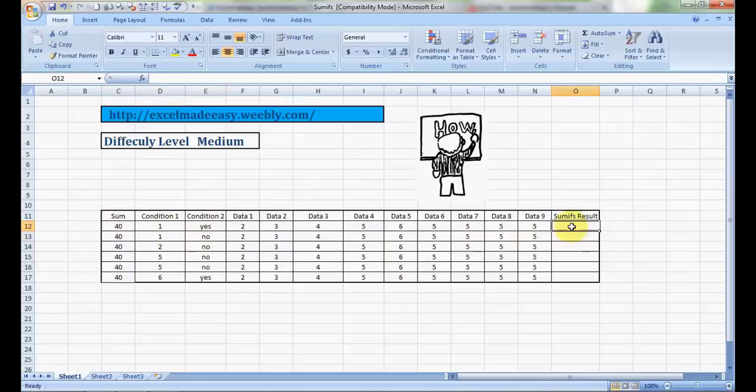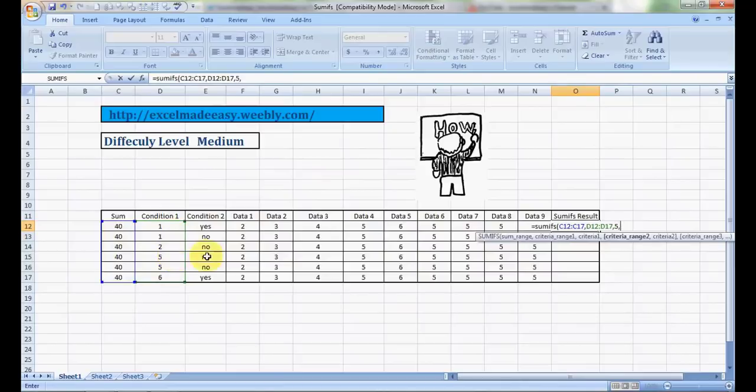Now we'll start with is equal to SUMIFS, bracket open. It says sum range, so we have to give the total range over here. Yes, correct, comma, and then it says criteria range 1. So this is my criteria range 1. I have named it condition 1. What condition would I like to have? Say I would like to have the condition called 5,